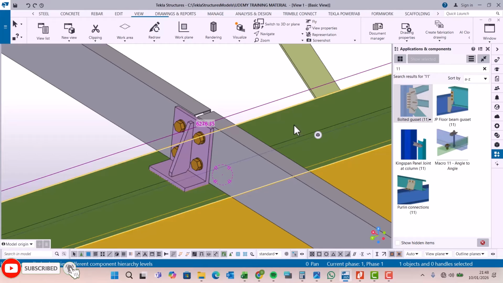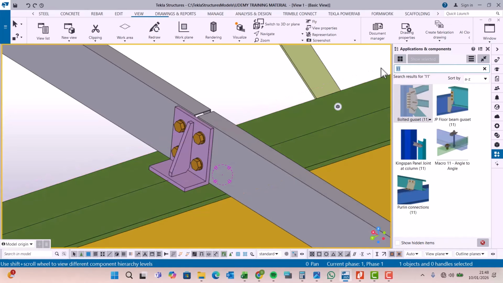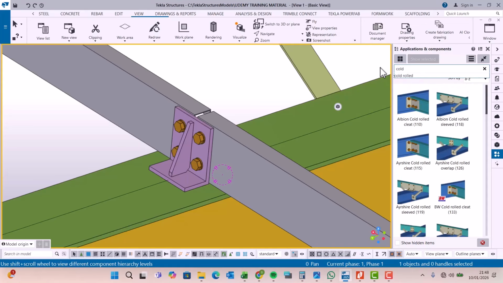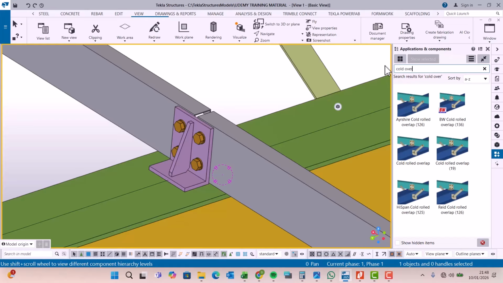As we take the rafter as the main member, we selected this member as the main part. So let me just come here and type cold rolled overlap. This one here. So if you pick it,